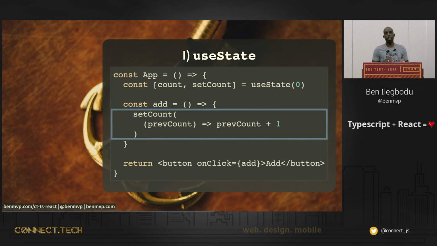And it is a function that accepts a number, so that we can't accidentally pass a string or some other value. But here I'm using the updater version of setCount because the new value of count is dependent on the previous value of count. But even here, the updater function verifies that I can only return a number and that this parameter, prevCount, is a number. If I pass anything else into it, I'll get an error.